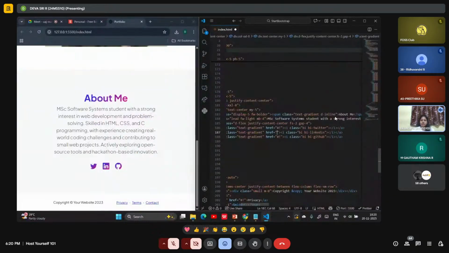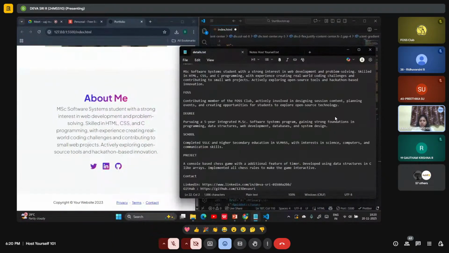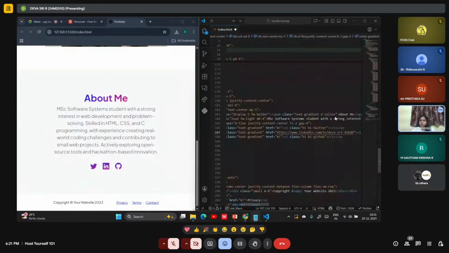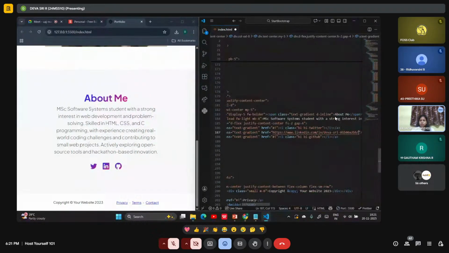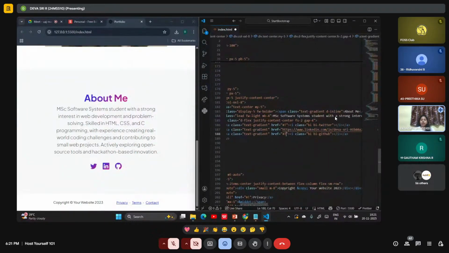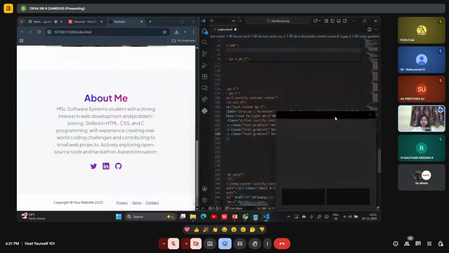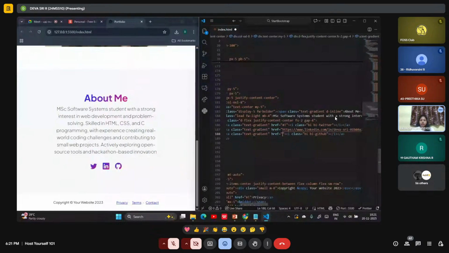I'll just copy paste that inside this href attribute. Now for GitHub, you can just similarly copy paste your GitHub link inside this href attribute. I hope you have all your contact details and about section ready with you. So just modify it